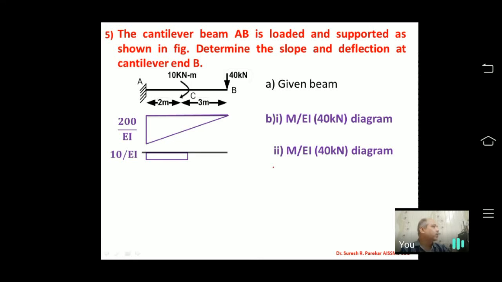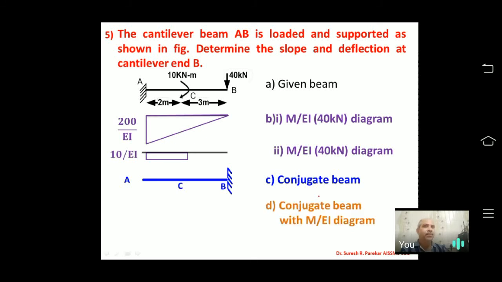Now I will go to the conjugate beam. Again we have the same conjugate beam. I have taken the same problems today so that you are in a position to understand it, and then in the next lecture we will go to combinations of supports. Now we have this ACB, and now we will apply the conjugate beam. So for ACB we have this conjugate beam, and then we have 200 upon EI, and that will be your conjugate beam with loading, and that is for 40 kilonewton. Actually this we have for 10 kilonewton meter.